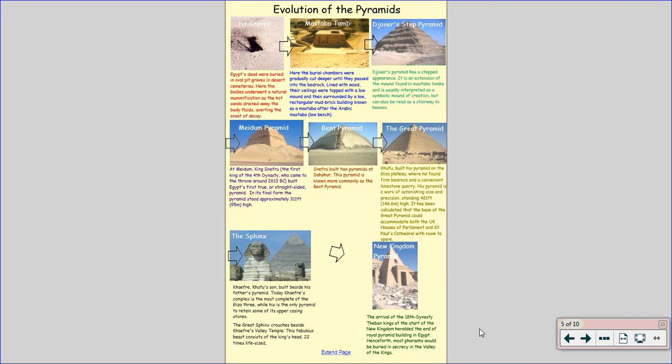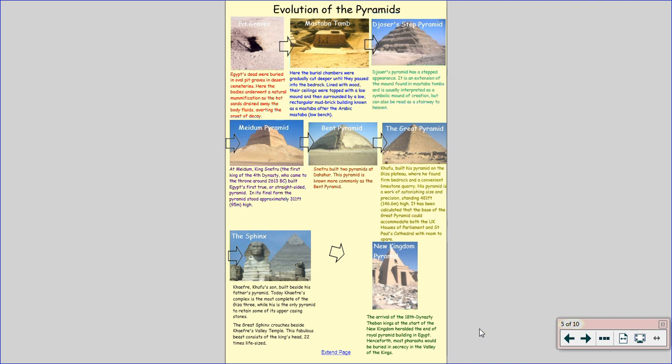Okay, so I can see that this has become really, really small, but what I wanted to do is show you the evolution of the pyramids, and also the evolution of how they buried their dead. So when ancient Egyptian civilization first started, they would bury their dead in pit graves. And mummification, which became part of their burial ritual, actually just happened naturally because of the heat coming from the ground. But they were actually just buried in pits, essentially. And it started to evolve after that.